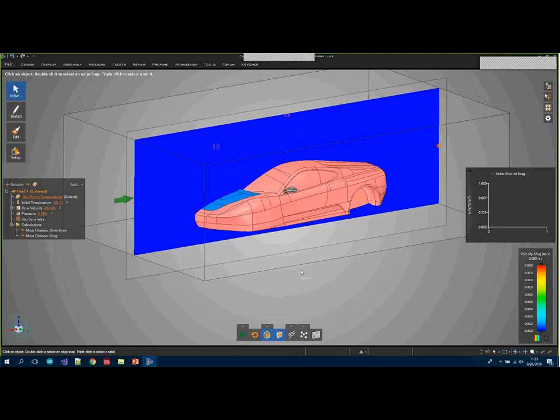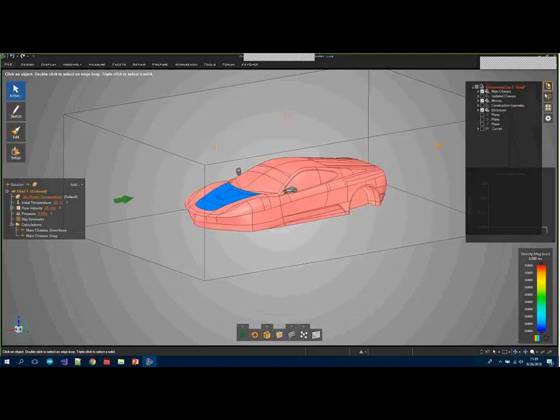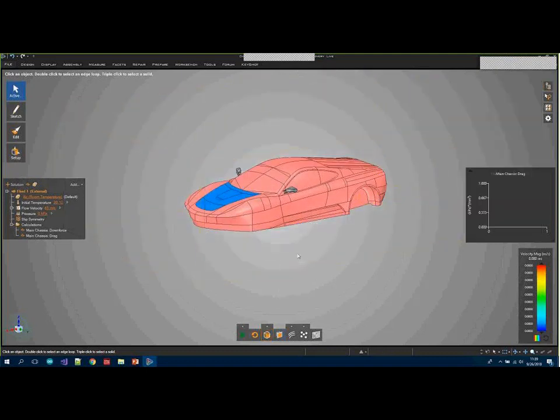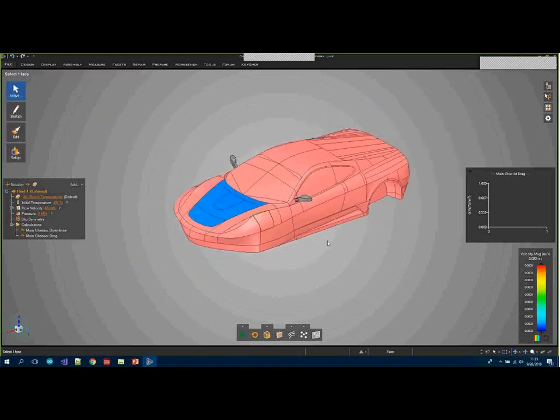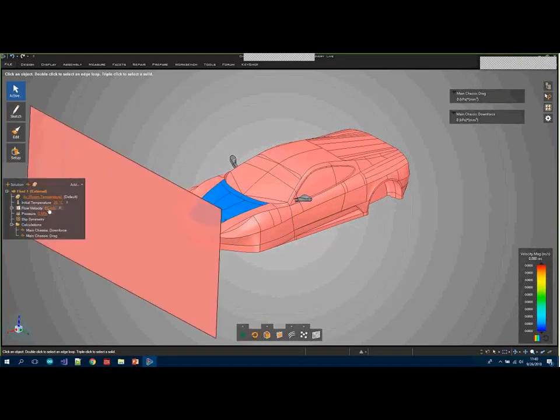And what it is essentially, this is the typical design. Right? So the typical design, typical hood, everything looks fine. I'm going to move this up a little bit. I had defined some calculations ahead of time. And 45 meters per second, we're looking at roughly 100 miles per hour. And we can start this